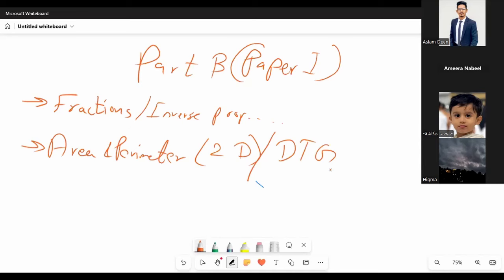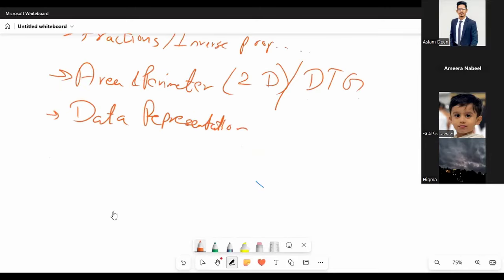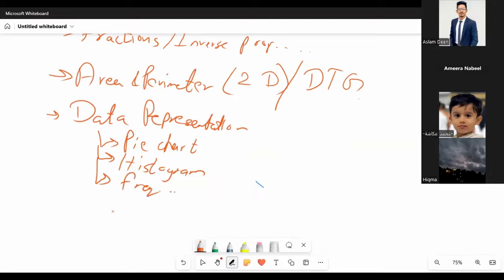All right. And then another question is going to be from data representation. Under data representation, we have four subparts. The first one is going to be pie chart. And the other one is going to be histogram, and frequency polygon,